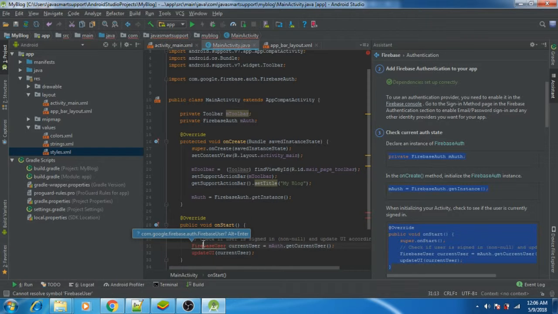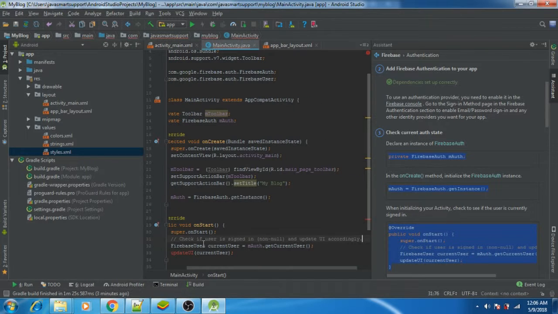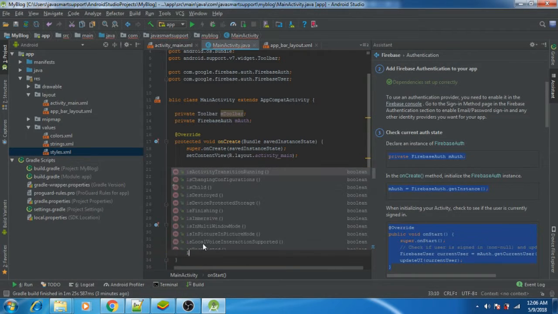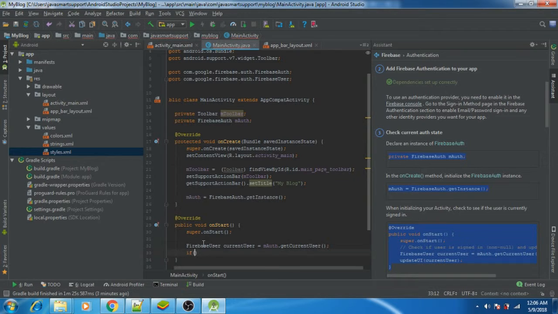Import Firebase user, and I don't need this, I also don't need this, so remove it here, and create a condition: if current user is equal to null,